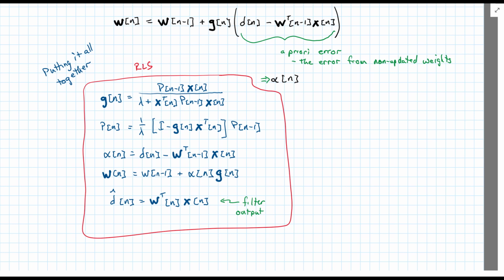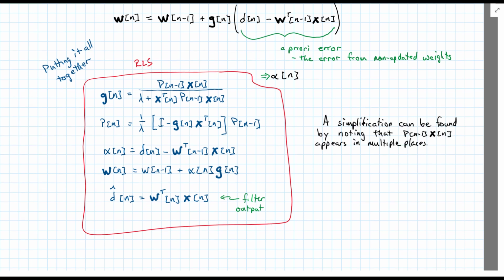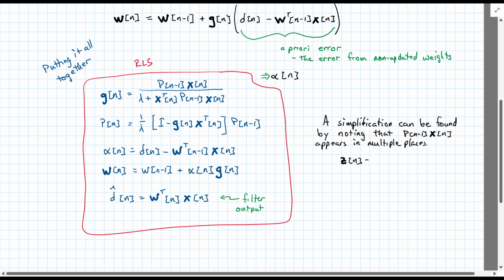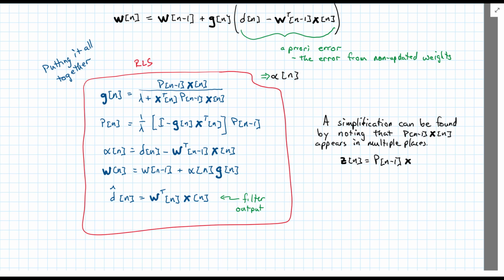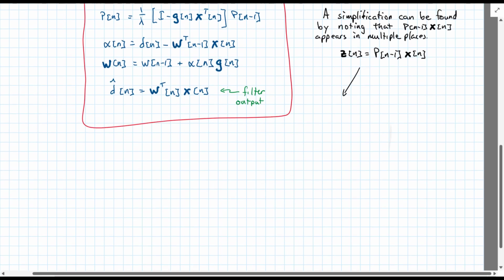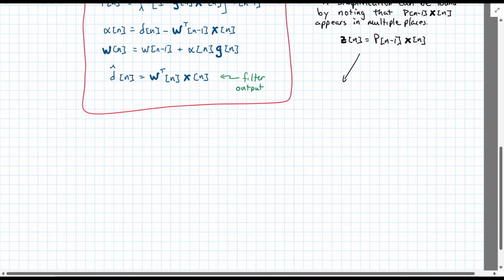And so if we pre-calculate that, essentially it makes things a little bit simpler. So we will define z of n is equal to P n minus 1 times x of n, giving us a little bit simpler version down here,